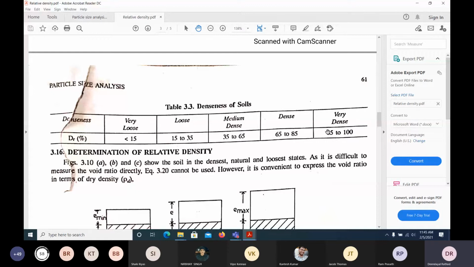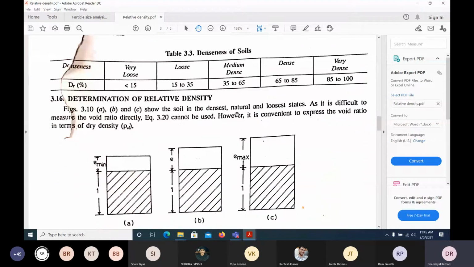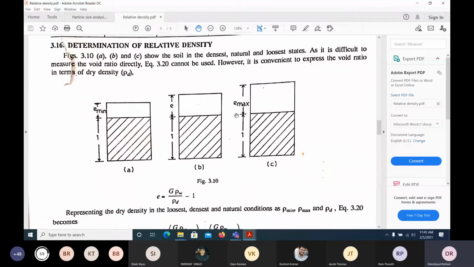Okay, so likewise, once you calculate this relative density, we can easily know what the value of relative density is, whether the soil is in a dense condition or a loose condition. Now, how do we generally find out this e max and e minimum? We have seen that the natural void ratio e of the soil we can find out, by using this formula, as I said.